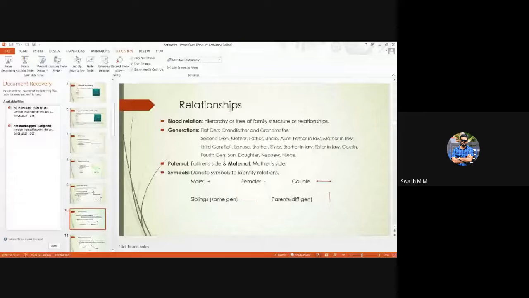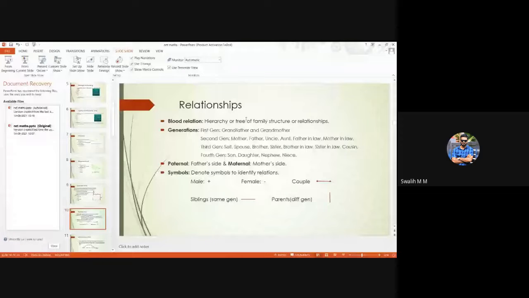Now, in relationships, you will get some relation between two people, and then you have to find how another two people are related. These are the kind of questions you get in relationship. You must have solved this kind of question in PSC and all. Now, what you need to do while solving relationship questions is draw a diagram or a hierarchical structure.